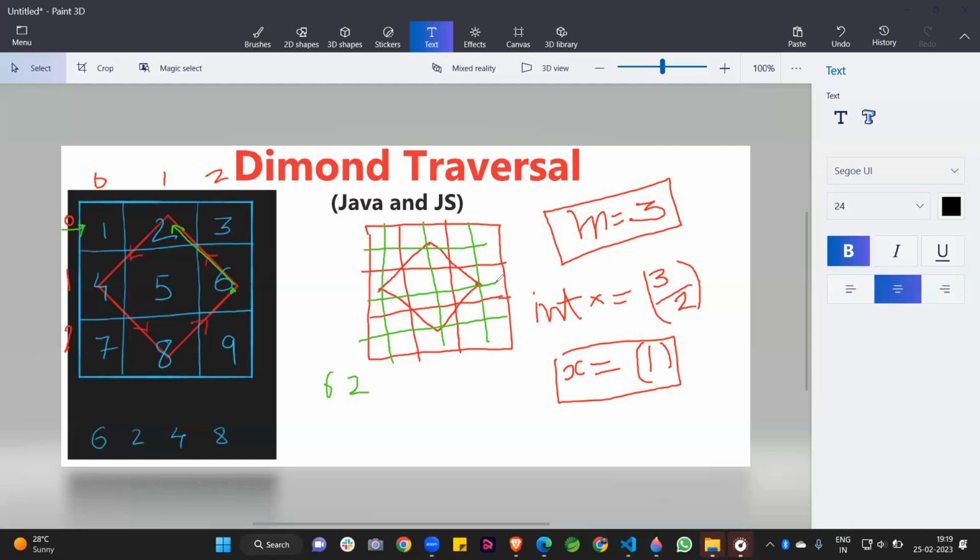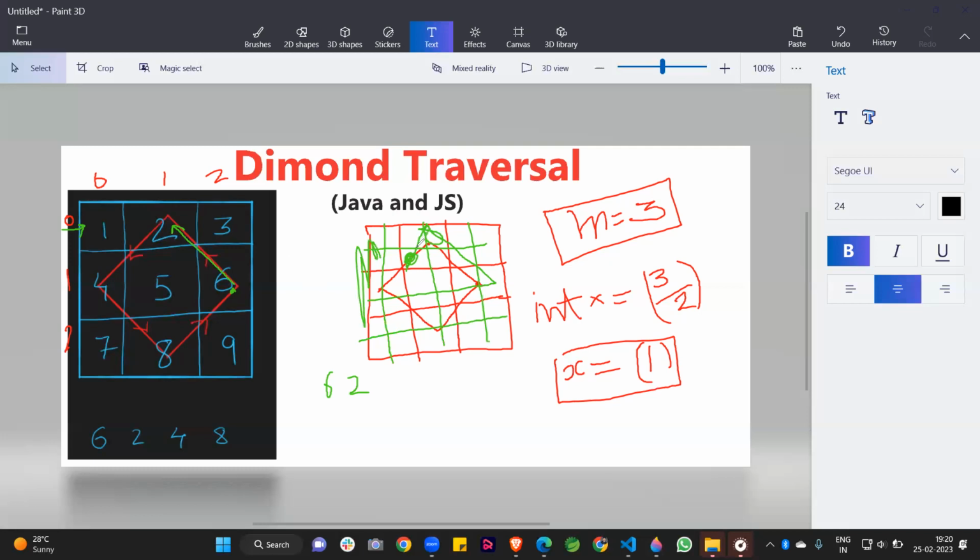When we traverse from this point to this point to this point, these are covered. After that we traverse like this, and when going downward we take the first row. This is 1 2 3 4 5 6. So this is 6, and we take the 5.